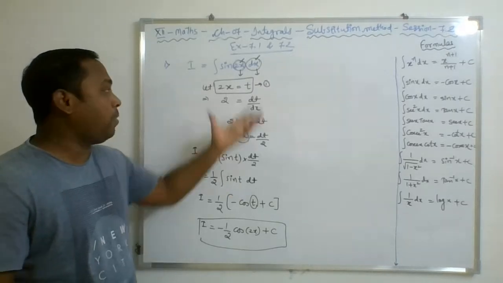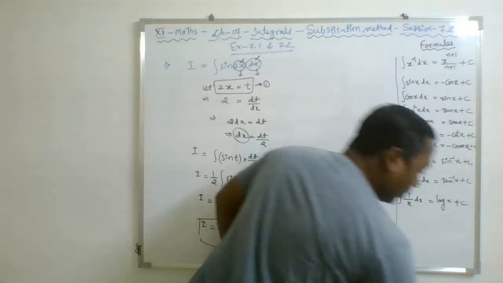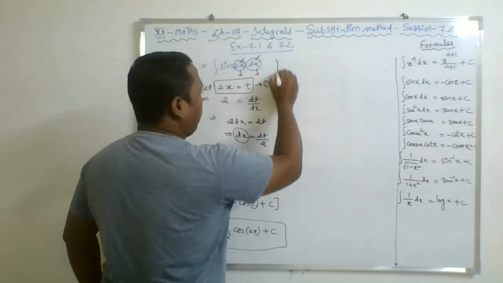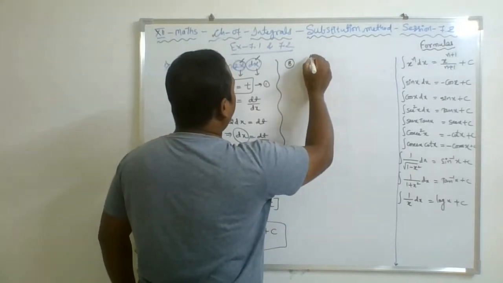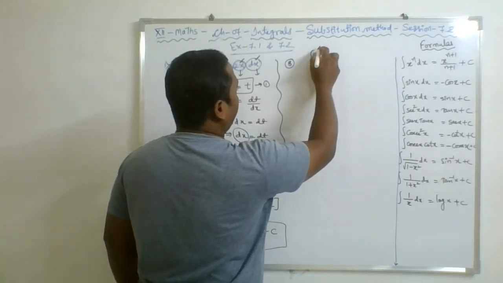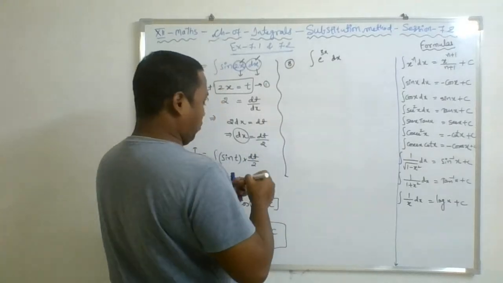Now with the help of this process, you will be able to solve the next question. I am solving the next question, question number 3. The question is given like e power 3x dx, right? So now just see,